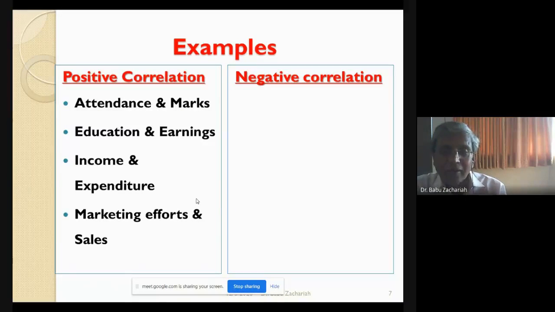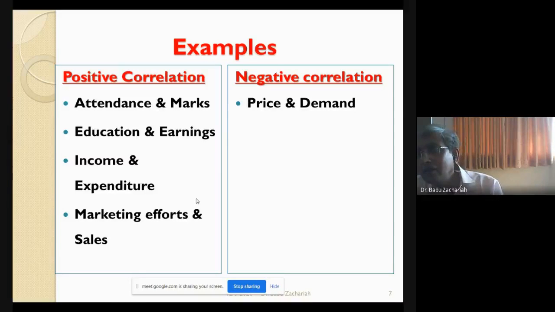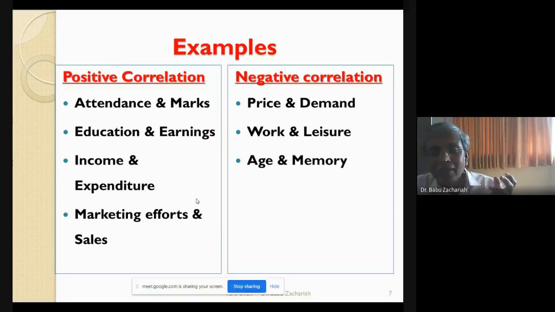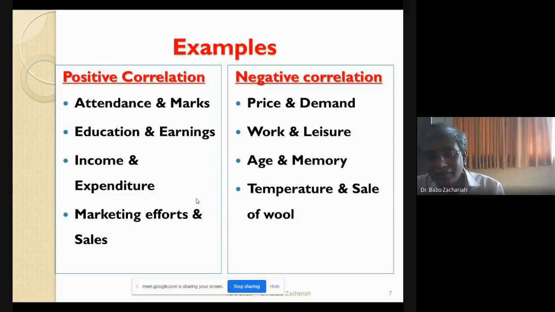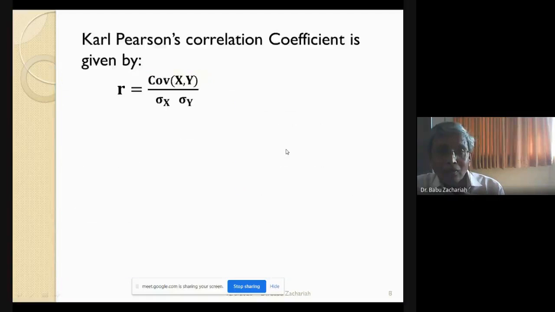Similarly, negative correlation examples: as price increases, the demand decreases. Work increases, leisure time decreases. Age increases, memory decreases. Temperature, when it decreases, sale of wool increases. So here I have given a set of negative correlation examples. And later we said